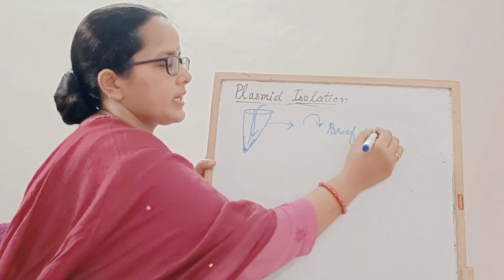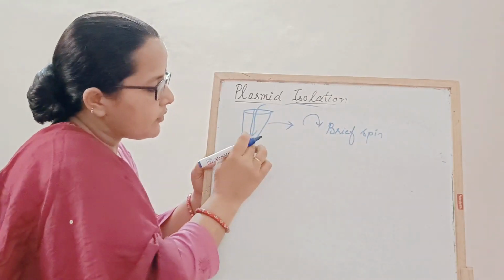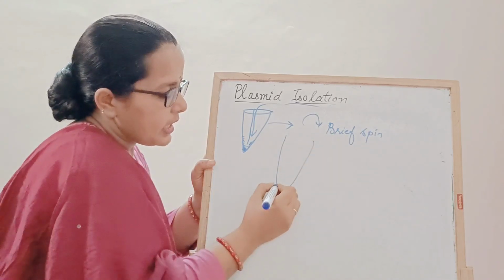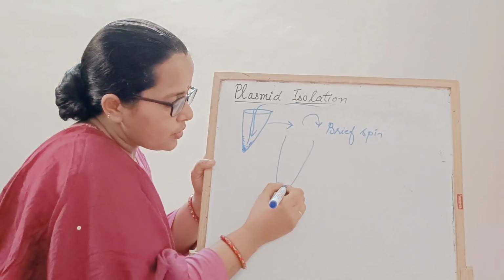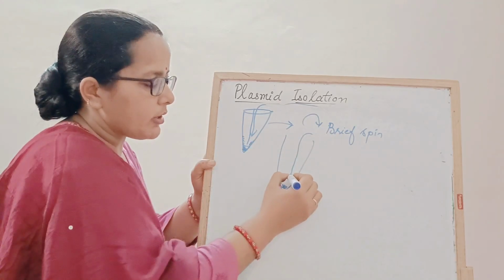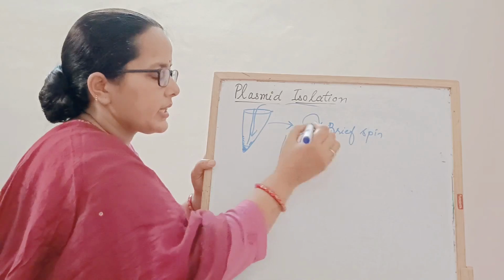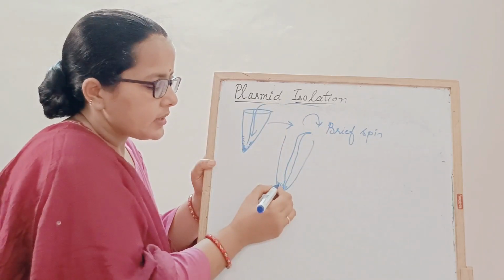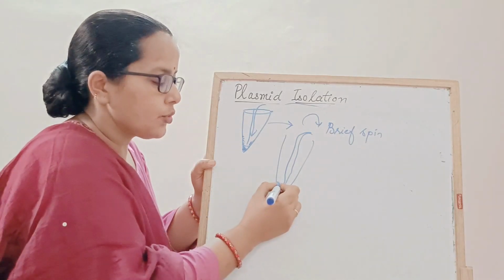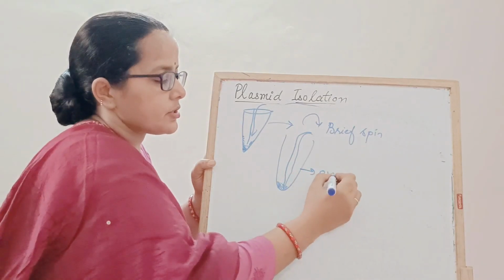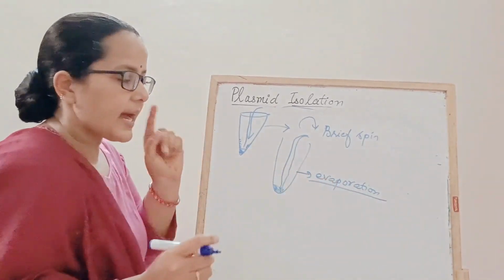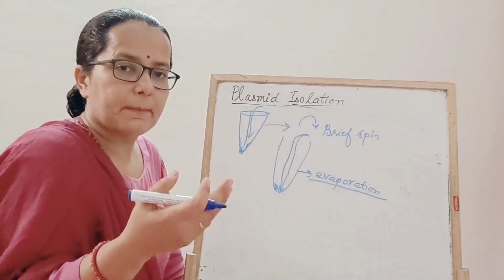Brief spin आपको एक देना है, so that all the alcohol will go down. अब ये alcohol यहाँ चला जाएगा बिल्कुल down. तो कैसे होगा आपका? ये आपका पैलेट है और यहाँ पे आपको एक छोटा सा अल्कोहल का पार्ट दिखेगा. Now just take your 10 microliter tip and remove this remaining alcohol without disturbing this pellet. If your pellet is not visible, then you have to wait for its evaporation. But अगर आपका अल्कोहल ज्यादा रह गया है, in that case you have to remove with your pipette tip.